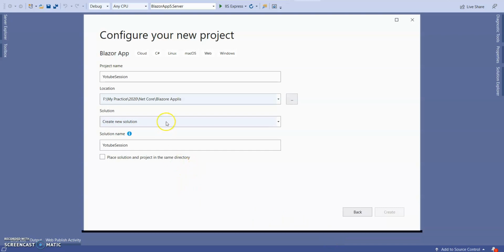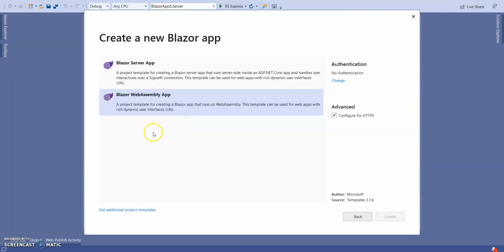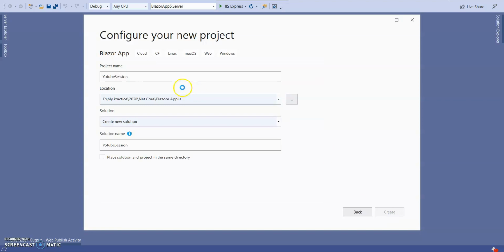Here it will ask which type of application you want: a Blazor Server app or a Blazor WebAssembly app. I'm going to create a Blazor WebAssembly app. I don't need HTTPS configuration. Please check this one. In a coming session, I will let you know what this is: ASP.NET Core hosted and progressive web application. Click on create. It will take a few minutes or seconds depending upon your machine configuration, and it will create the application.